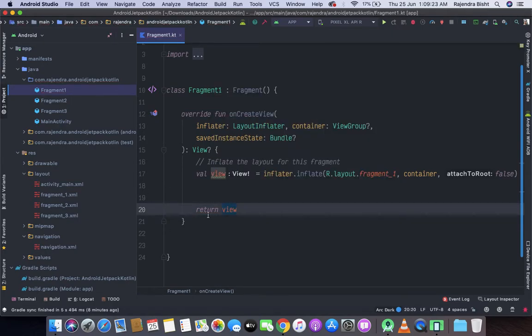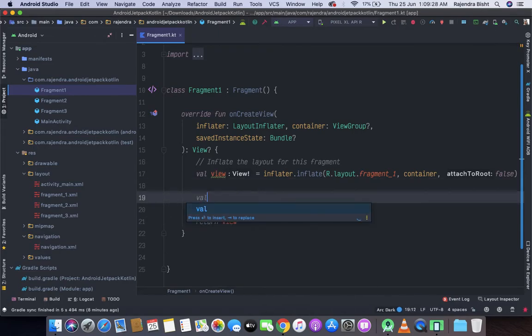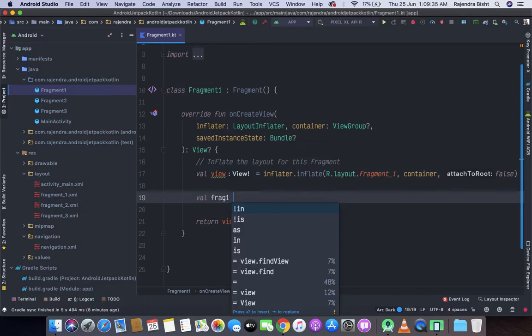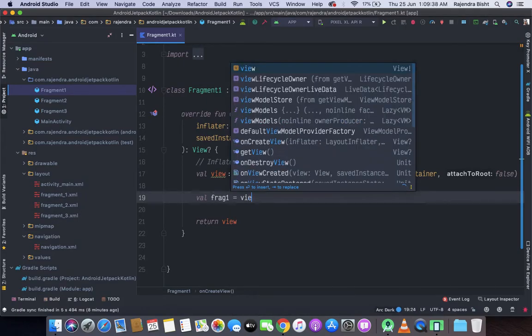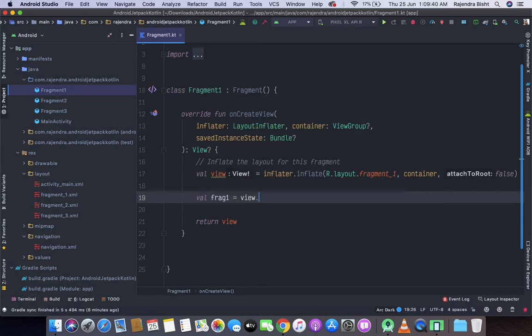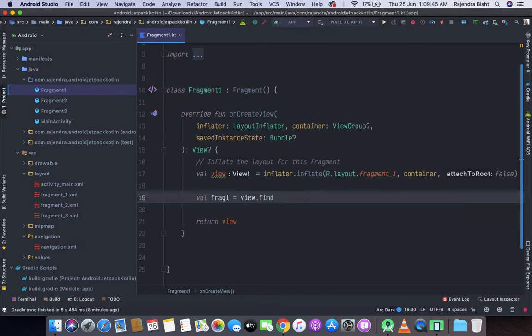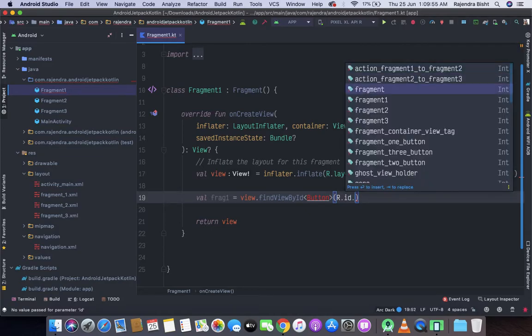Okay, now let's initialize the button, val frag 1, let's say frag 1, findViewById button, let's say fragment 1 button.